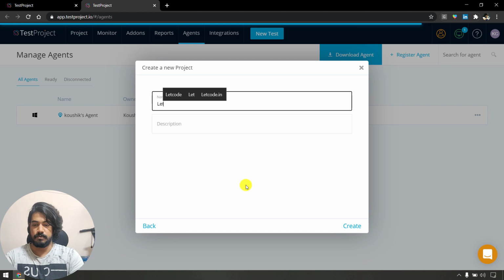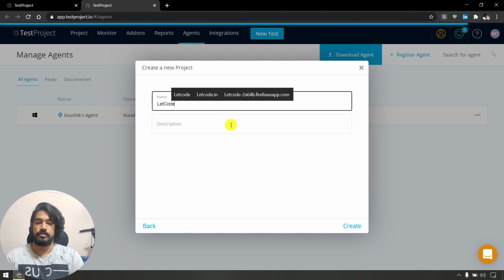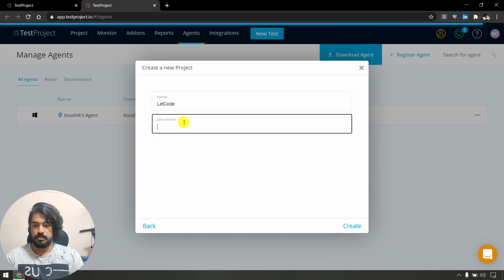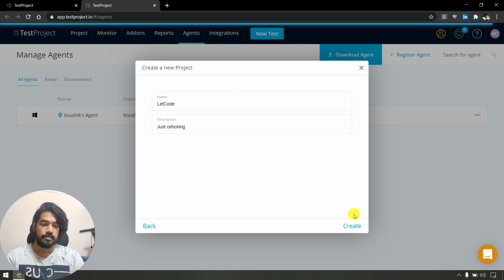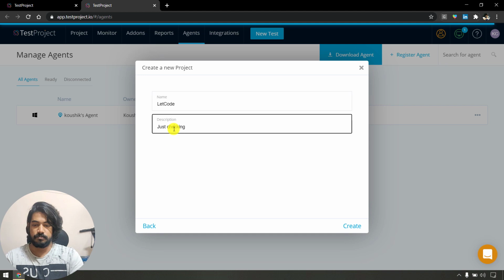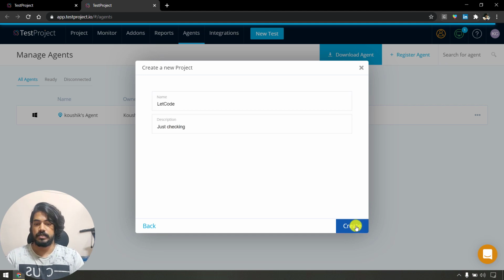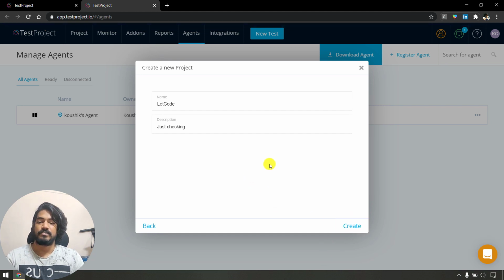I'll name this project my project, let code. Okay, let's create this one. Not sure whether I'm doing it correctly or not, just following some of the instructions here.